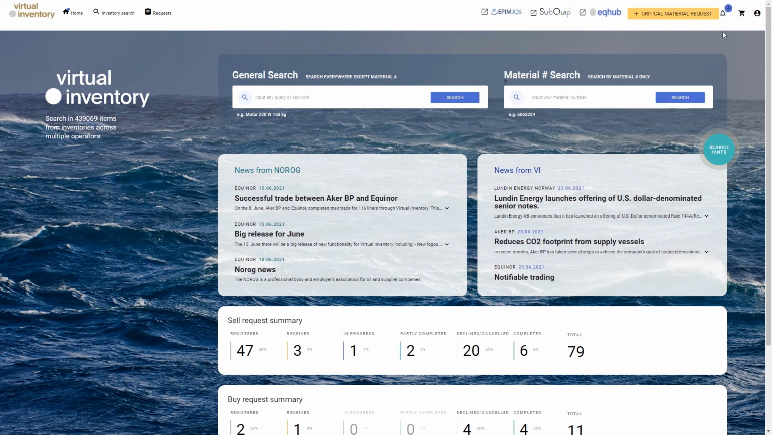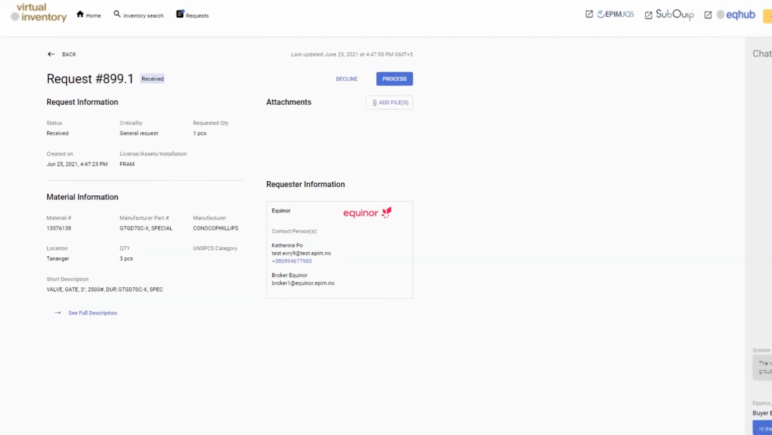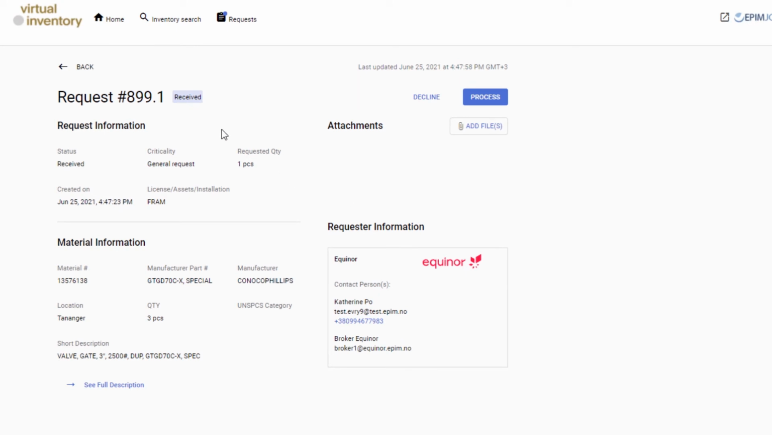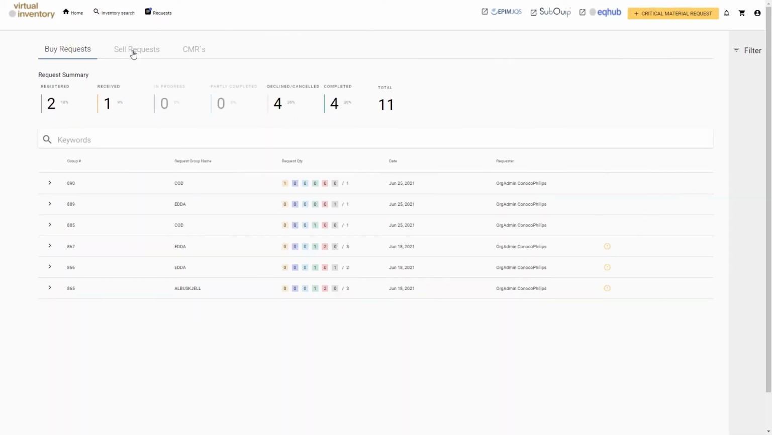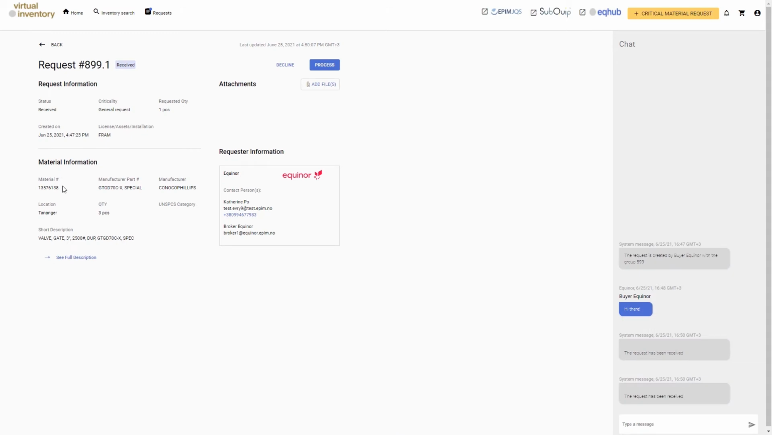The owner, seller, will be notified that the new request has been submitted and see its details. Once the seller opens the request, the system will change its status in the dashboard from registered to received. The seller can now find the request in the Request top header menu, Sell Requests section. After checking the availability of the requested item in the selected location, the seller proceeds with the request by clicking